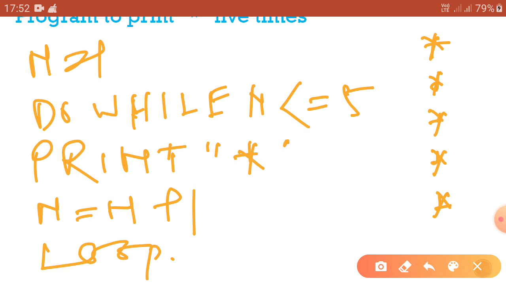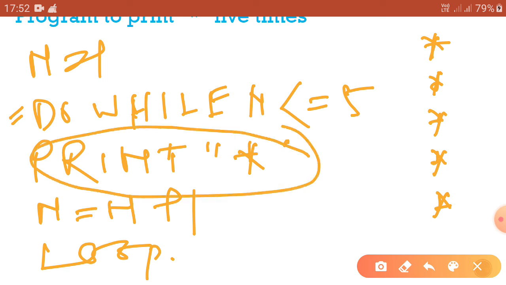So we are writing n equal to 1, that means we are putting the start value into the variable first, then we are starting the do while loop. In the next line, do while n less than equal to 5. First test the condition n less than equal to 5. If it is true, that is, if n is less than or equal to 5, then the statement print star is executed.